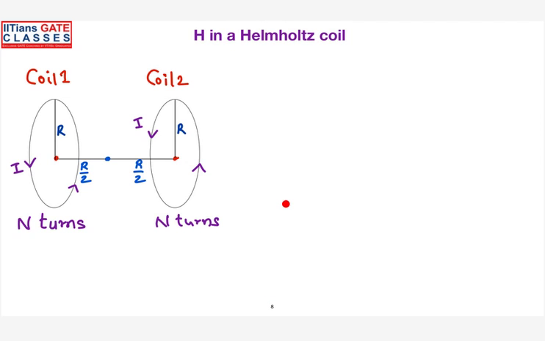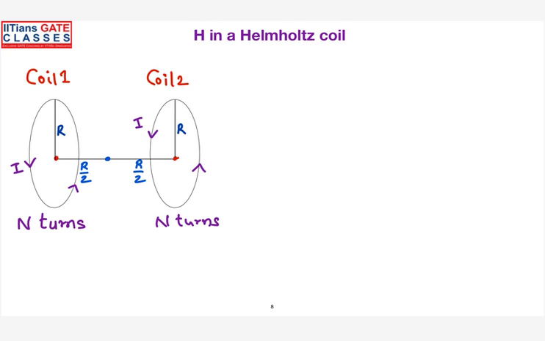First of all, can you tell me everybody, what will be the magnetic field intensity due to coil 1 and coil 2? Will it get cancelled or will it be additive? It will be along the y-axis only. Okay, I was not representing any x-axis or y-axis here. I want to see what will be the magnetic field due to coil 1 and coil 2. Is it in the same direction or is it going to be cancelled?